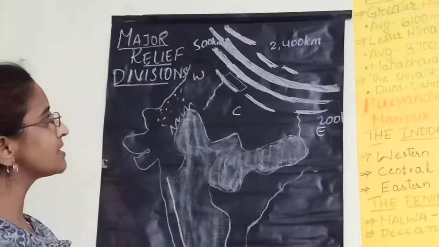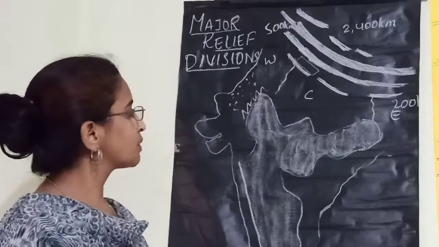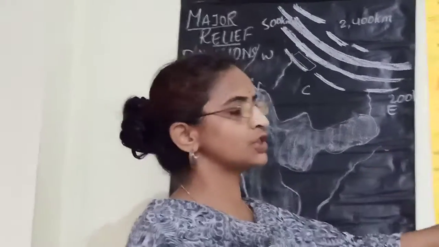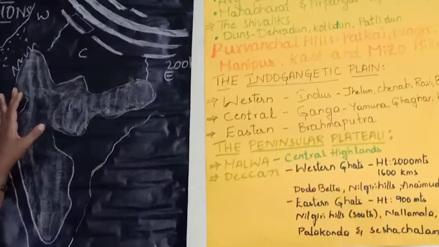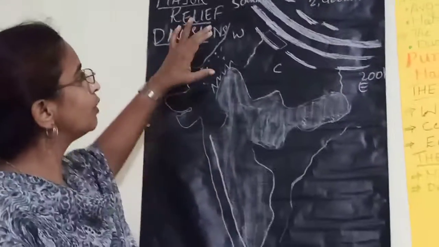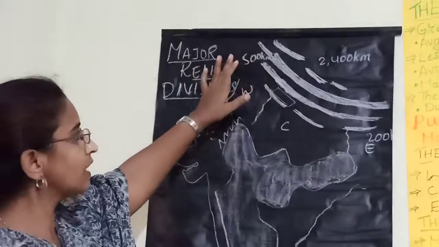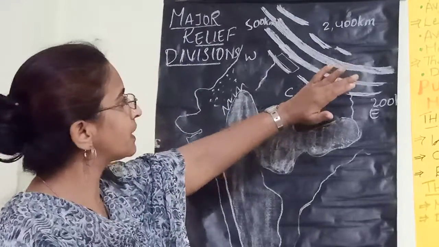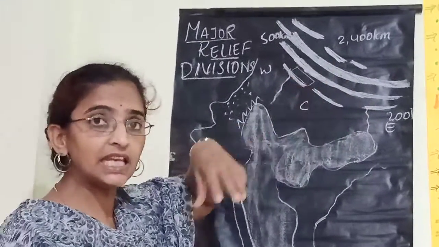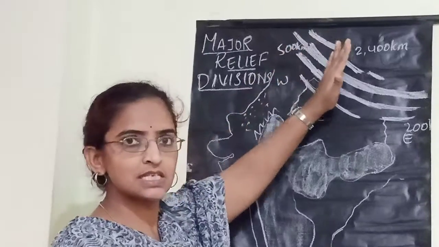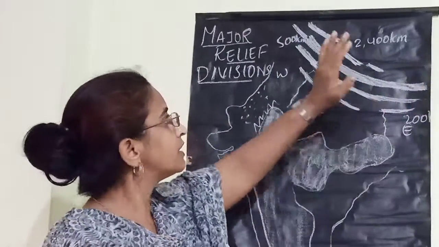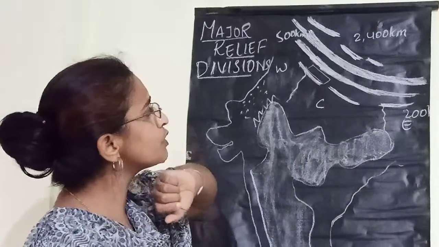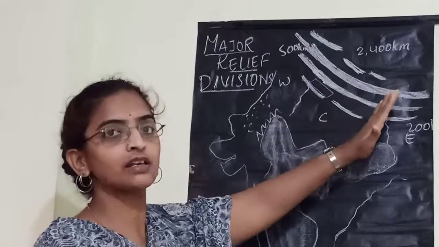Okay, now let us learn about the Himalayas. This is the rough map I have drawn, and the relevant content I have written on these charts so that it should not look so clumsy. When you look at the Himalayas, the Himalayan ranges are spread from west to east, but the majority of the Himalayas are found in India from the northeast part of India. That means from north to east extent of India.